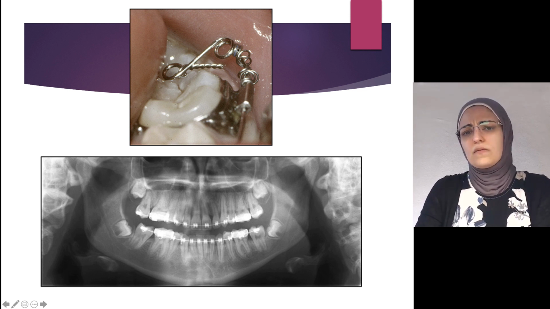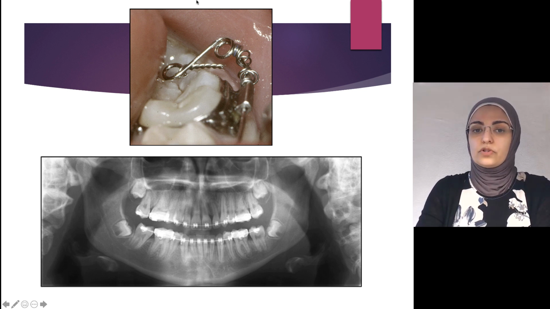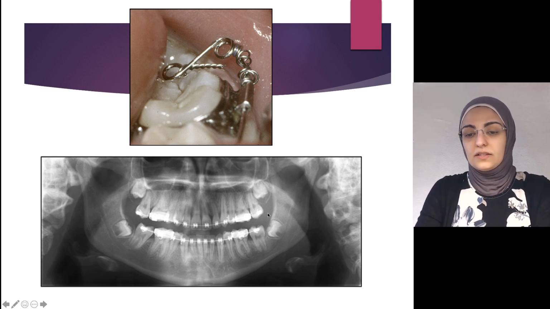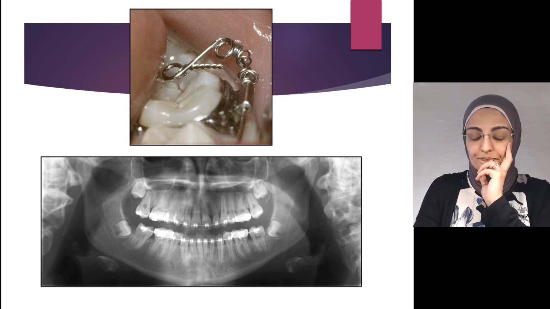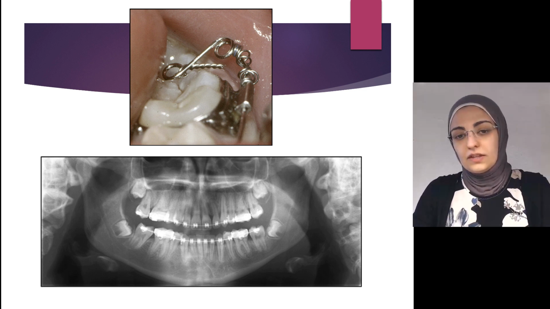And there are many mechanics that can be used with an eyelet and the open coil to push the tooth back, or TADs can be put in the ramus, mini screws kind of to pull the tooth backwards, etc. So these are some of the dental issues that we see,